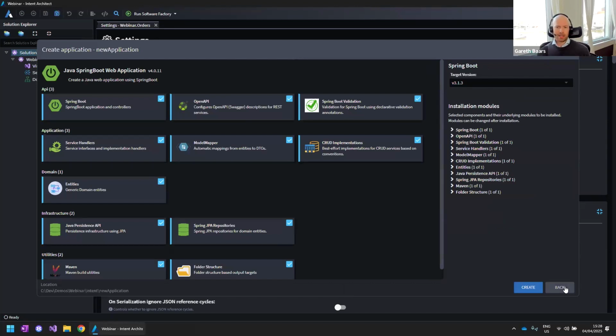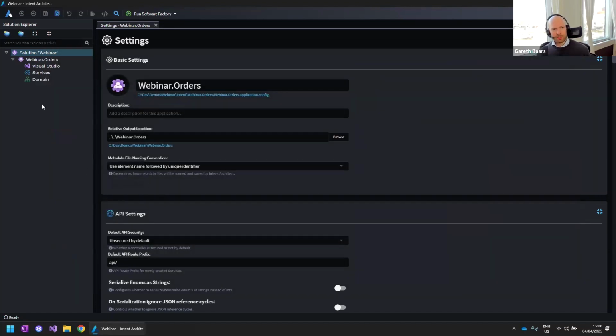And so the reason I'm showing you guys this is because really when it comes to different applications, each application that you're using Intent Architect to build can run a completely unique architecture, right? Even so dramatic as to be running in completely different languages. And that's very, very key because, just as an example in the microservices space, as you guys would know, part of the appeal of microservices is that you can optimize different services to meet the non-functional requirements of that service. And you can optimize the architectures of that particular service to meet those non-functional requirements.